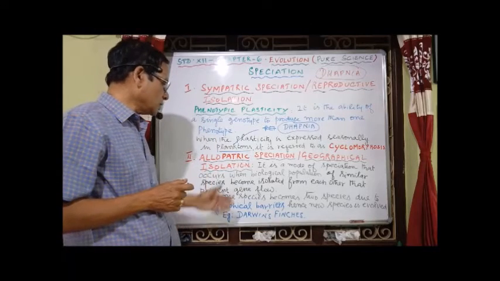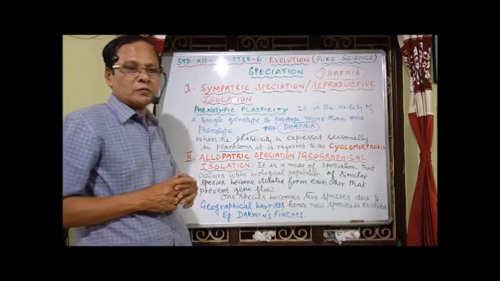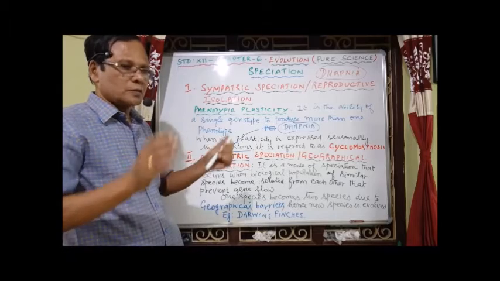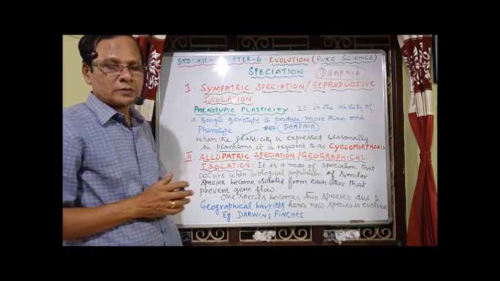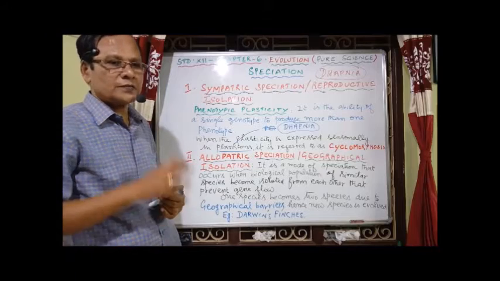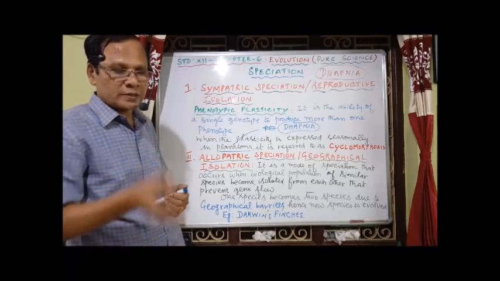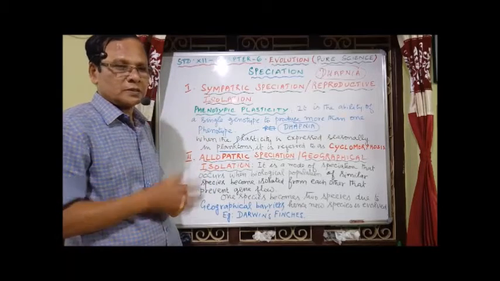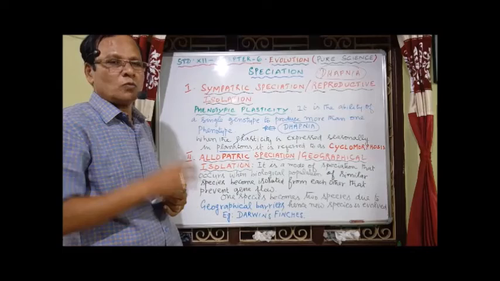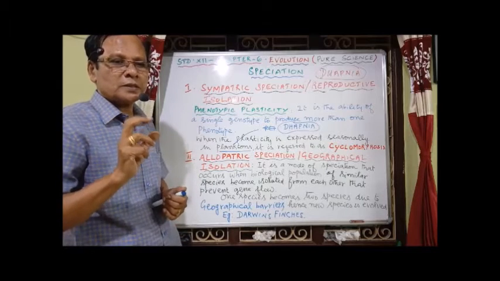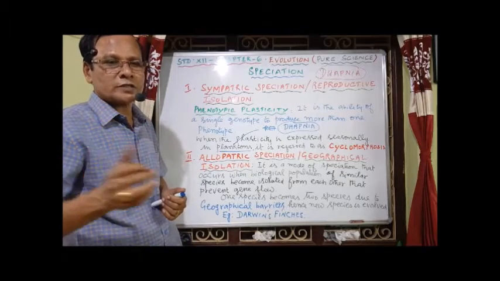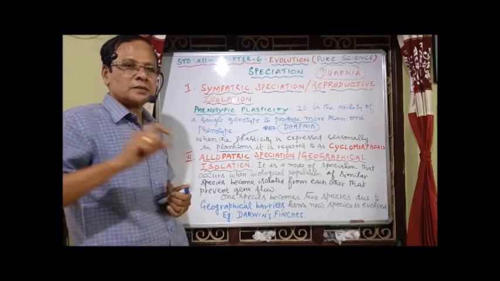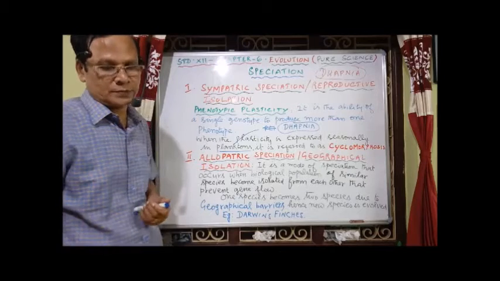And an example is Darwin's finches. We have 23 different species of Darwin's finches, nothing but sparrows. Because of the separation of the land masses in the Galapagos Islands, these species were separated so they could not interbreed. This is because of the geographical barriers. Once we have the geographical barriers, that also results in reproductive isolation, which prevents interbreeding and results in the formation of new species.